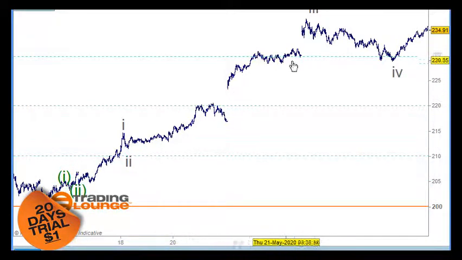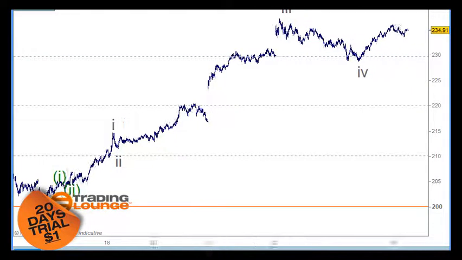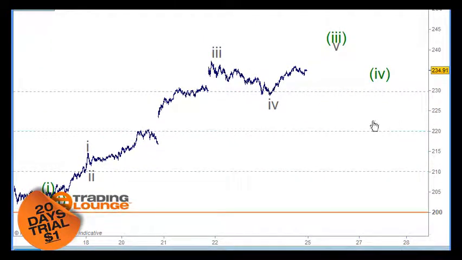We've got 1 and 2 and 3 and 4 and 5 for the third wave up here. Wave 4 here, and then we're looking up for wave 5 here. So that should continue to push up a little bit higher. Let me just